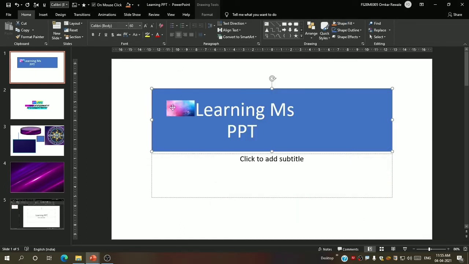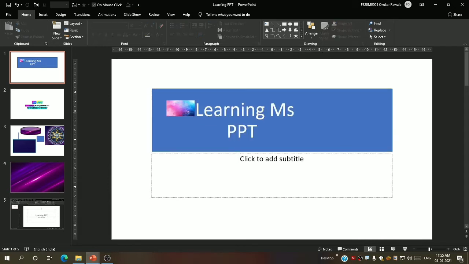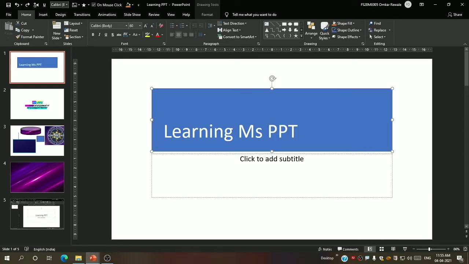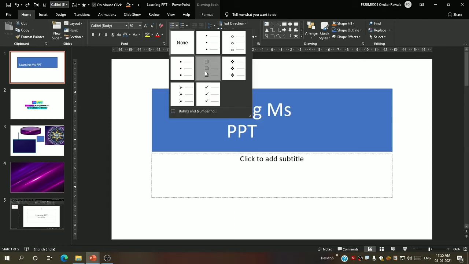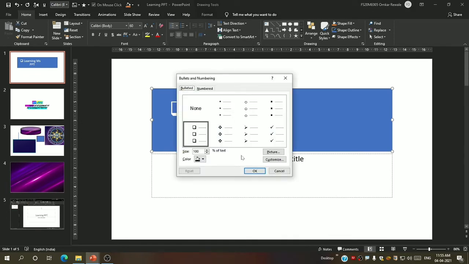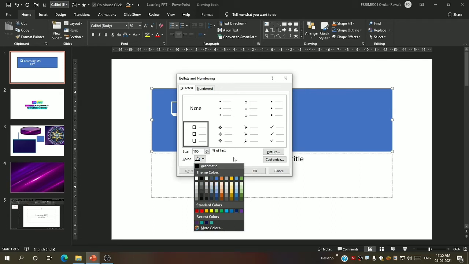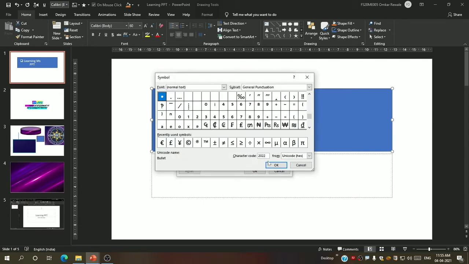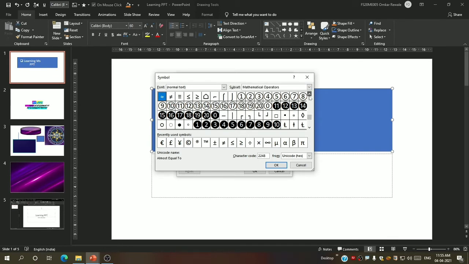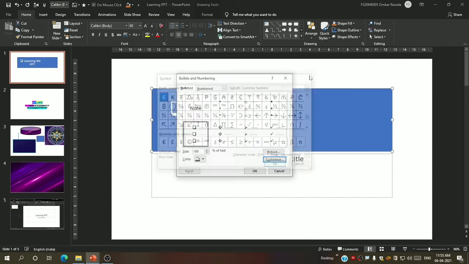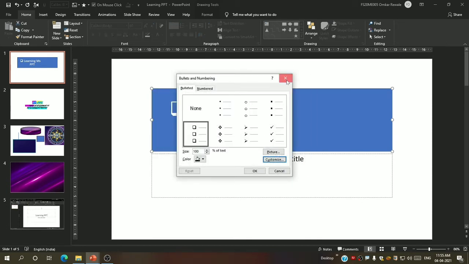See, so you can insert a picture also as a bullet. Well, we do not want to do that right now. We only have to use some bullets. You can see, now I can also decrease its size as I want. Color we can also select from here. A customize option is also given. Oh wow, you can also select some custom symbols over here, and that will be applied as your bullets. Okay, but basically we don't go into such detail.